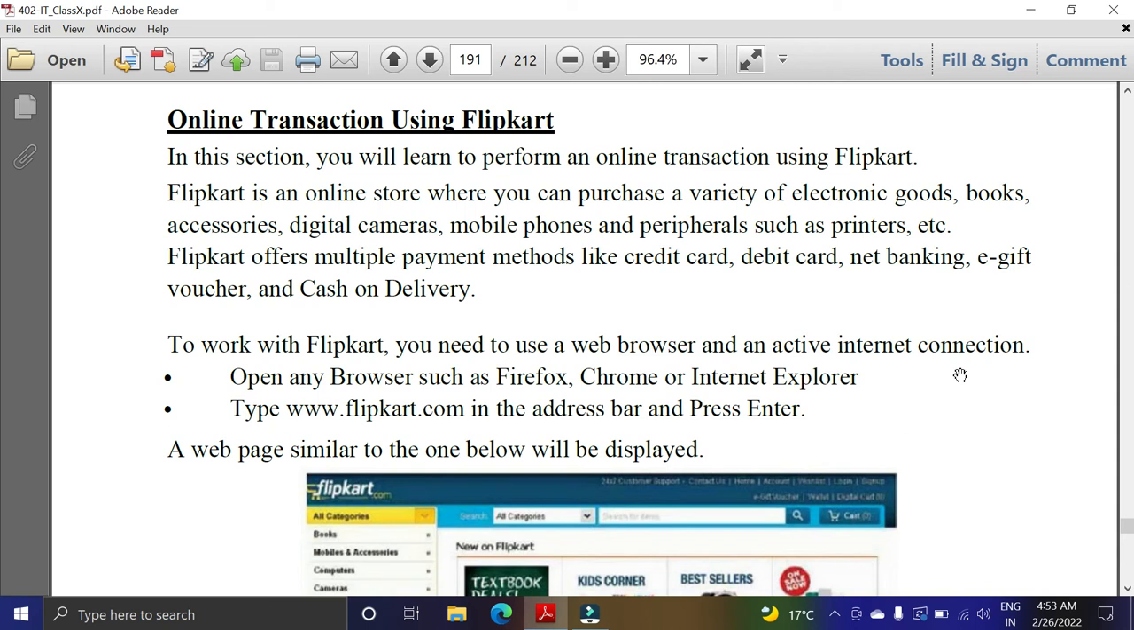Online transaction using Flipkart. In this section we will learn to perform an online transaction using Flipkart. Flipkart, you know, is an online store where we can purchase a variety of electronic goods, books, accessories, digital camera, mobile phone, peripherals for computers, for example,